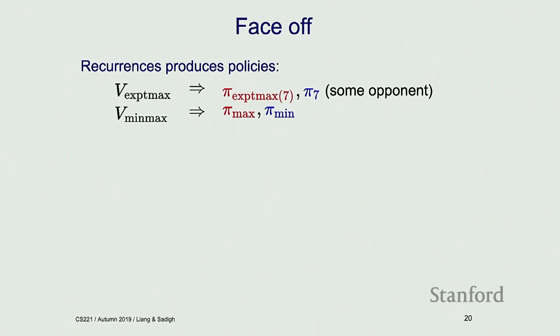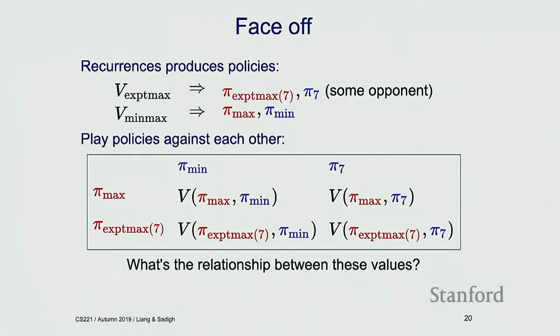The other value we just talked about is the value of Minimax, which says I am the agent. I'm going to maximize, assuming the opponent is going to minimize. And then the opponent actually is going to minimize and is going to follow pi min. Okay? So these are the 2 values we have talked about so far. I want to talk a little bit about the properties of this, but before that,